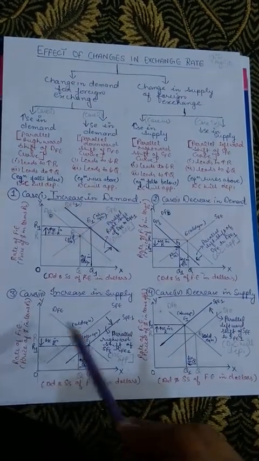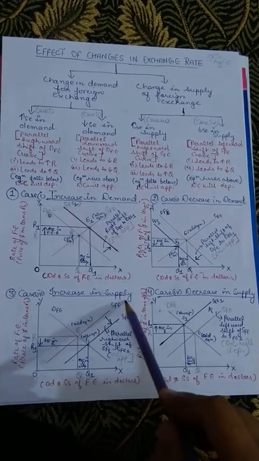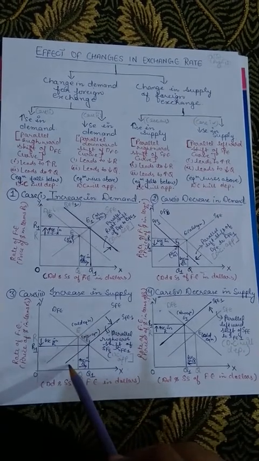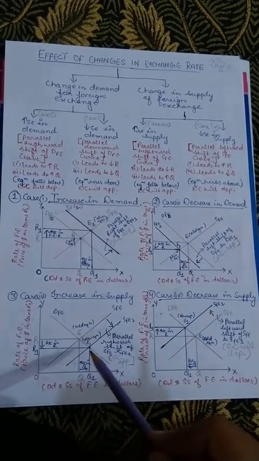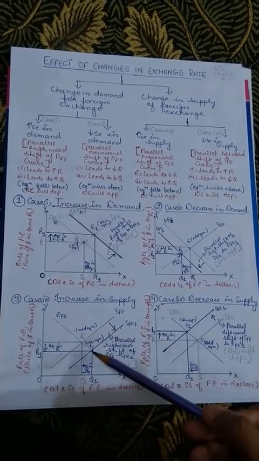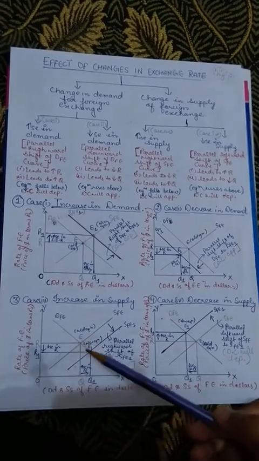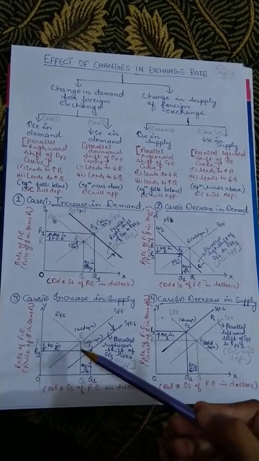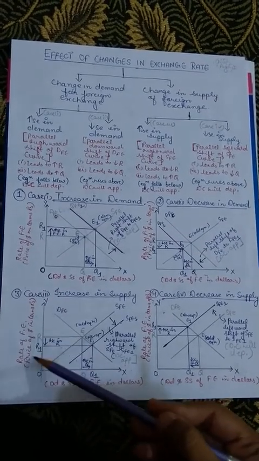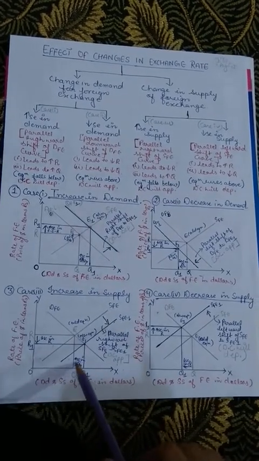Same is the case with your increase in supply. With an increase in supply, these are your old demand and supply curves. With an increase in supply, your supply curve will shift to the right hand side. When it shifts to the right hand side, you will get a new equilibrium level. So your equilibrium level is now E1, which is below your E, and again you are seeing that your rate of exchange has decreased to R1,